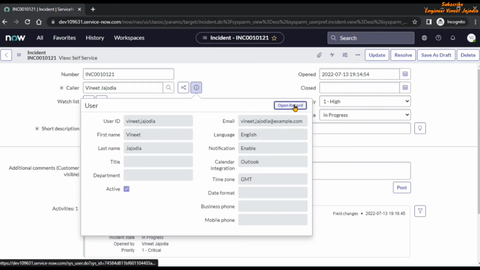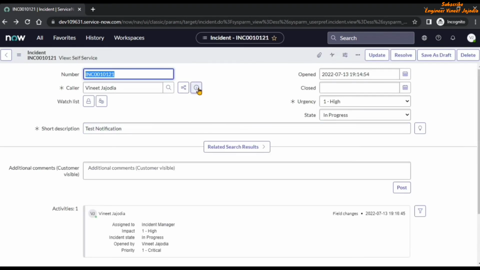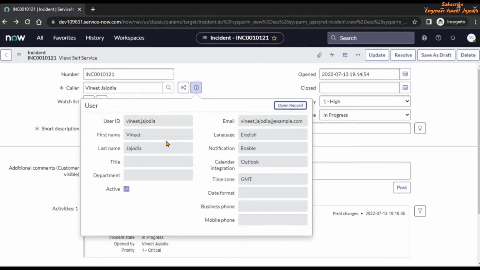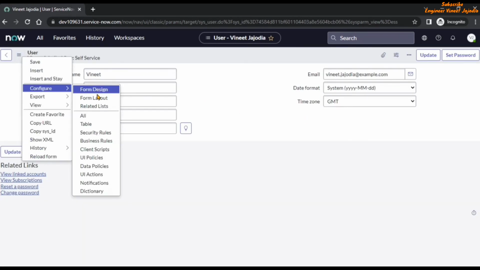So if we open the record of the user table, you can see the record opened in a self-service view. Here are fields like first name, last name, business phone, mobile phone, title, email, date format, time zone. If we go back and click on the reference icon again, the layout is changed. It's a default layout, not a self-service view layout for the user table. So we are going to create a sys_popup self-service view in the user table. For this, we are going to open the record. We are going to click on additional actions, go to configure, form layout,